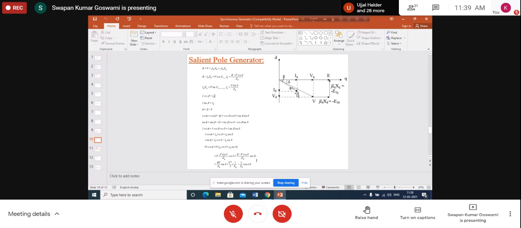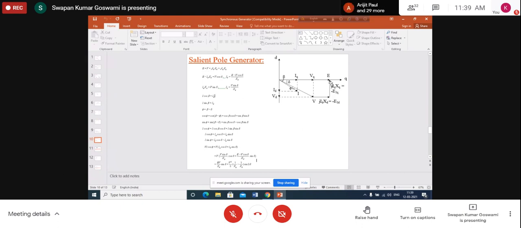So this is current I, its quadrature axis component is I cosine beta, it is equal to IQ, quadrature axis component of armature current, and this is I sine delta. That means I sine delta is this vector, the direct axis component. This is shown here. So ID is I sine beta, sorry, I sine beta, and IQ is I cosine beta. Then let us now draw these expressions.